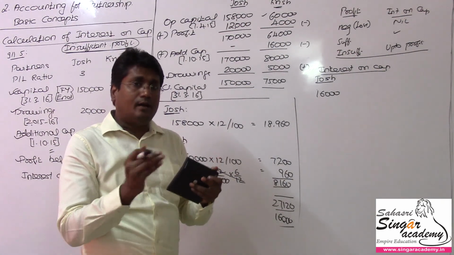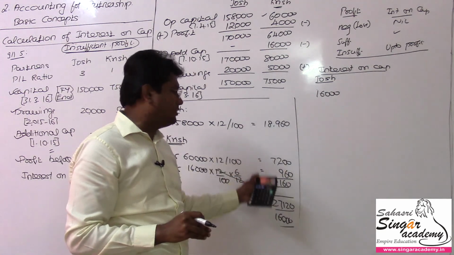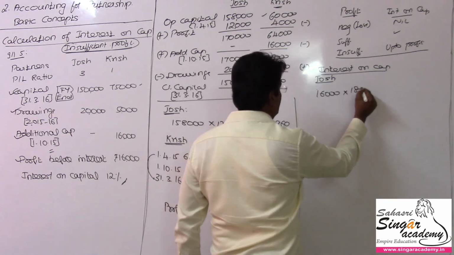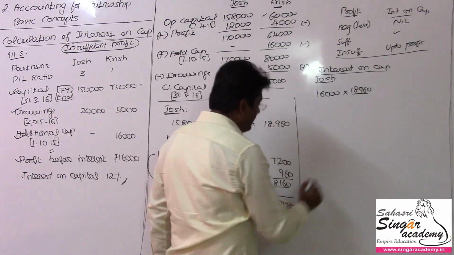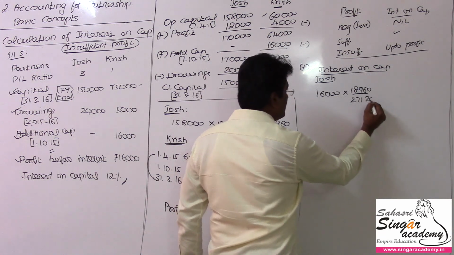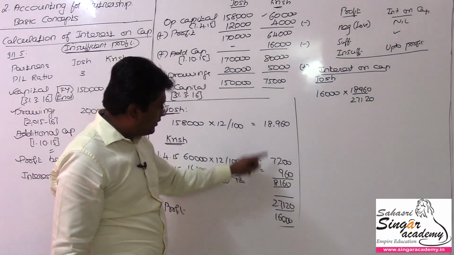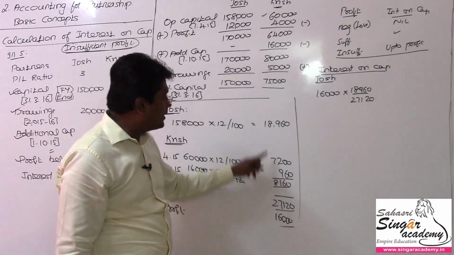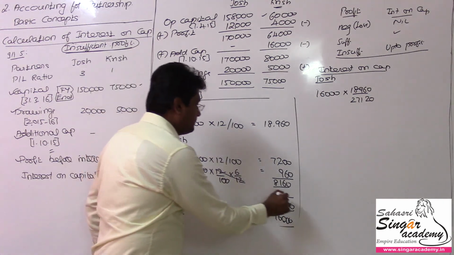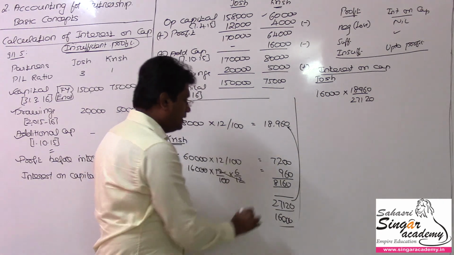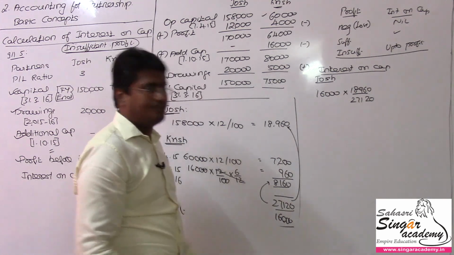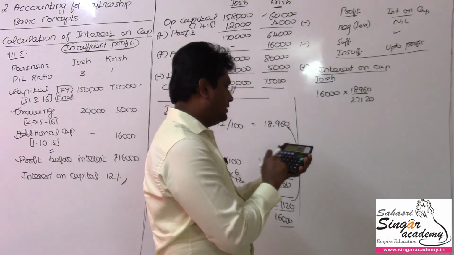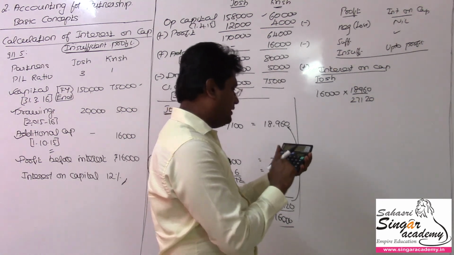So we have to share according to their own rights based on their own interest on capital, right? So 16,000, he is eligible for 18,960 out of overall value of 27,120. The overall interest on capital payable for these two put together is 27,120, but we have only 16,000. Out of 27,120, he is eligible for 18,960. Then this proportion is for Josh and this proportion is for Krish. That's how you can get it. So 16,000 into 18,960 divided by 27,120, the final answer is